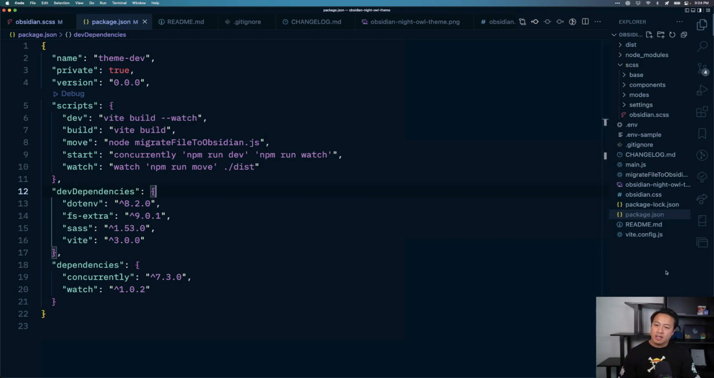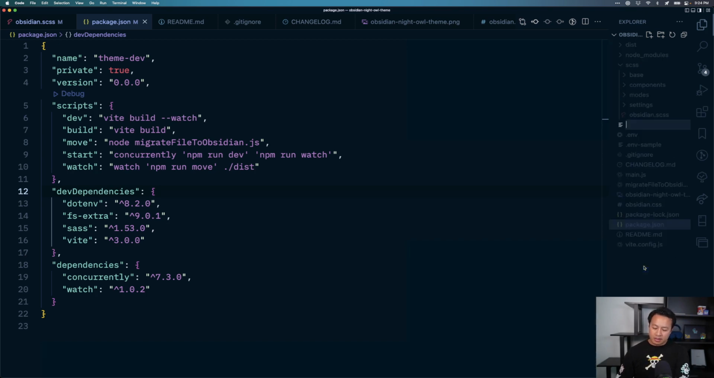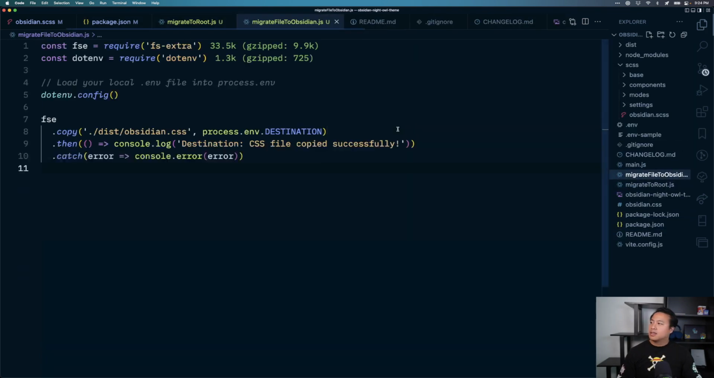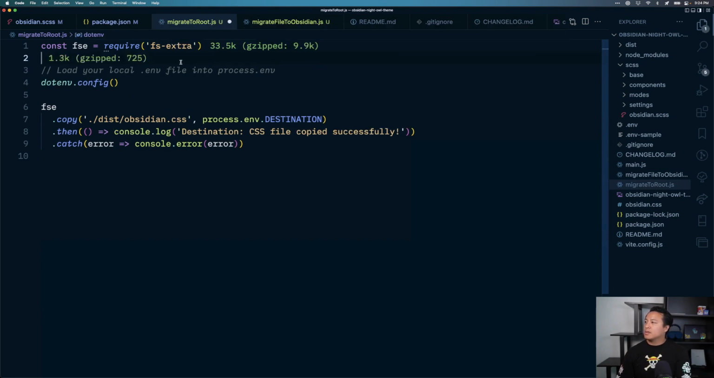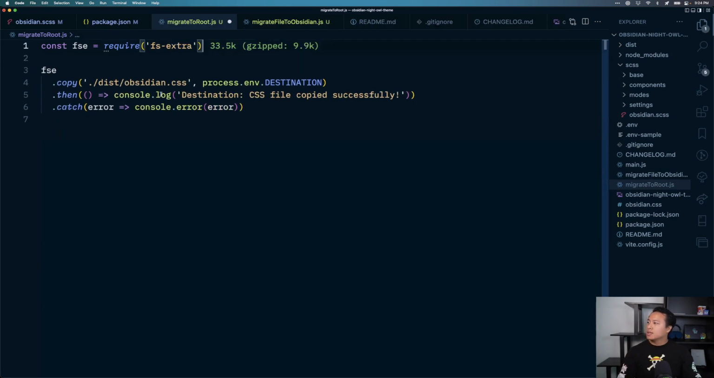Oh man. Okay, it's fine. We're good. We're just going to migrate to root. I'll call it for now Root.js. So this is very similar to this script for now, except we don't need any of this. We just need to copy the dist folder from here. Granted, I could have probably done this with the terminal command, but for the sake of keeping things consistent, destination